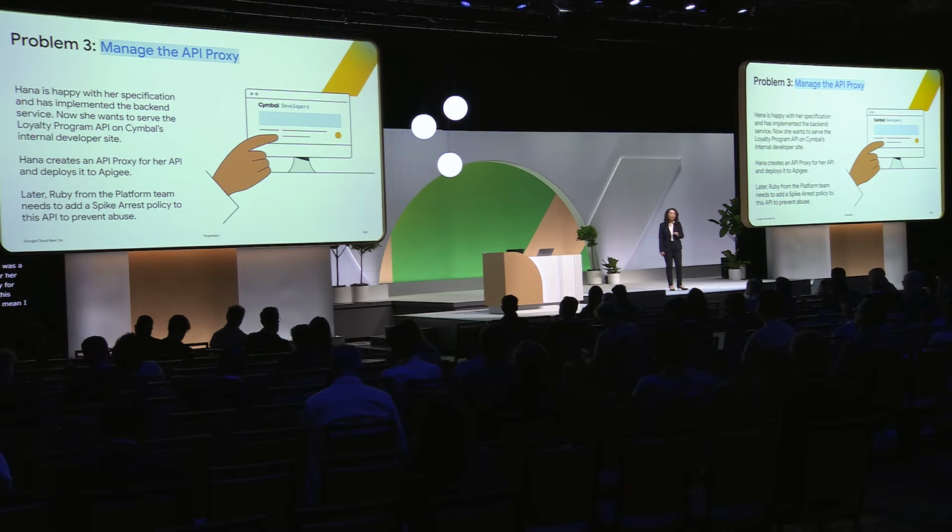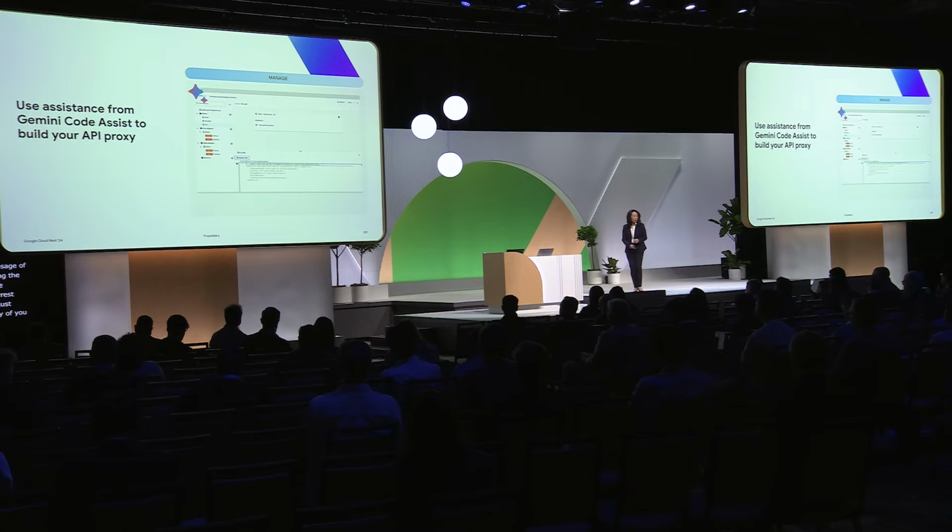And now let's think about Ruby. Ruby is on a platform team, and she sees that usage of this proxy is overwhelming the infrastructure. So Ruby decides to add a spike arrest policy to the proxy that she just developed to prevent any abuse. So let's actually go to,